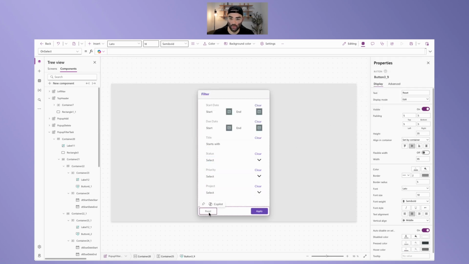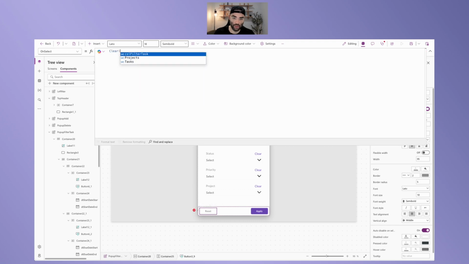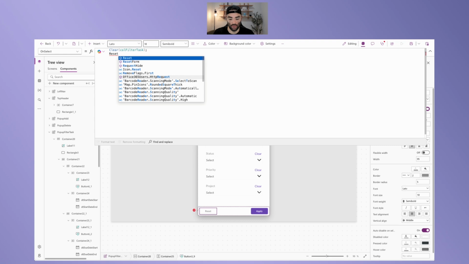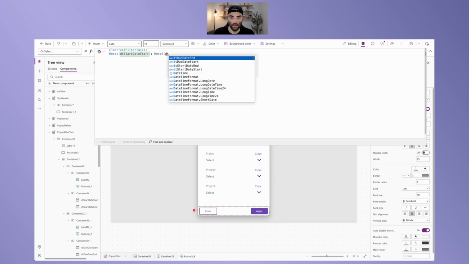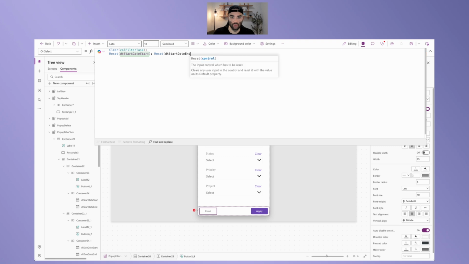The next thing we can do is the reset button. So the reset button, instead of ClearCollect, we just want to Clear our collection. So this is gonna remove every single data point from our collection, and it's gonna remove the filters off of our galleries when we set it up a bit later. We also want to reset all of our selections. So again, this is where the naming conventions really help. So we're gonna reset dtStartDateStart. We're gonna reset dtStartDateEnd,